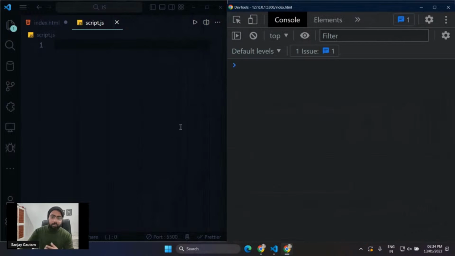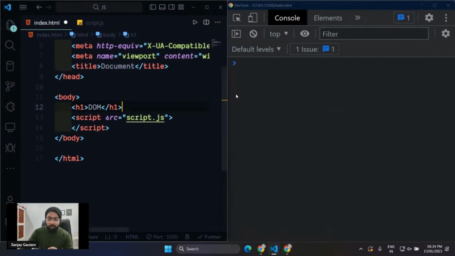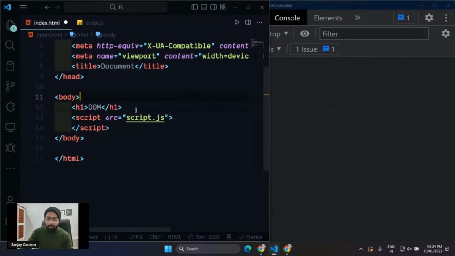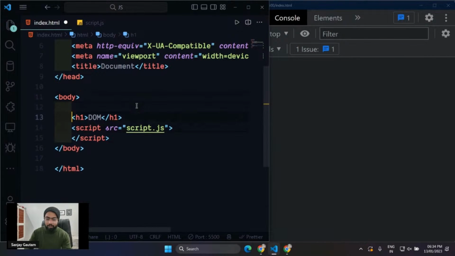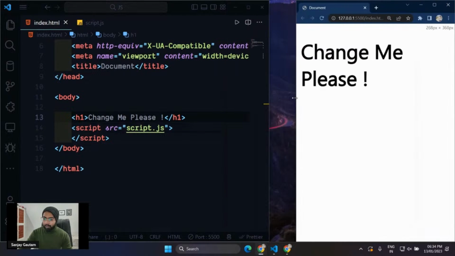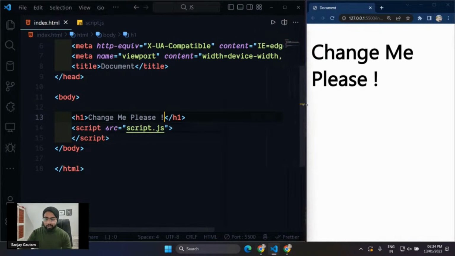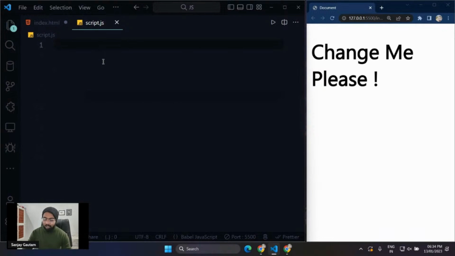The very first step to modify your HTML is that you need to grab the element, the element that you want to modify. Suppose I have this h1 here with the text DOM, and let me change it to "change me please", like this. Now we have this change me please. So this h1 is screaming to be changed, and let's see how we can do that. As I told you, the very first step is we have to select this particular thing that we want to change,